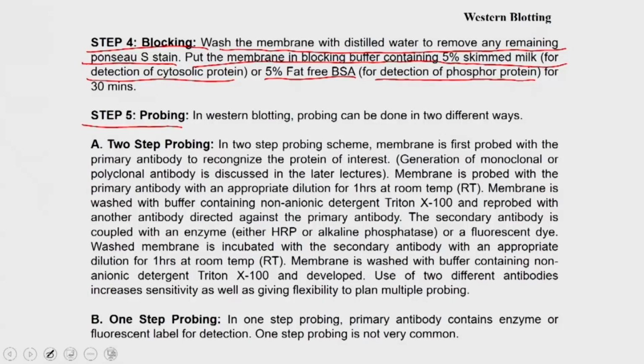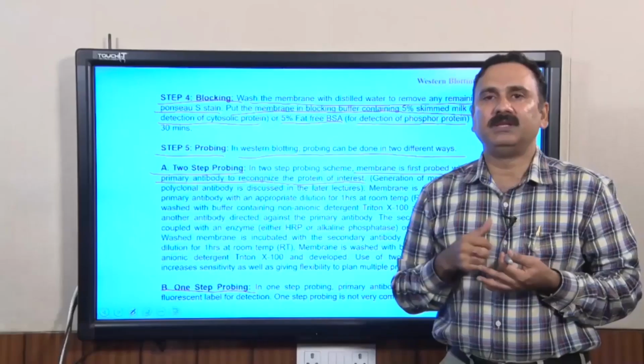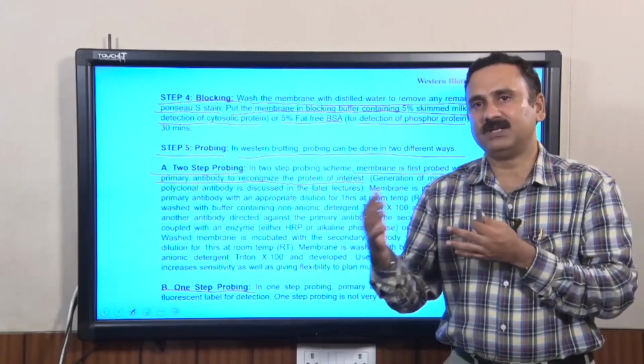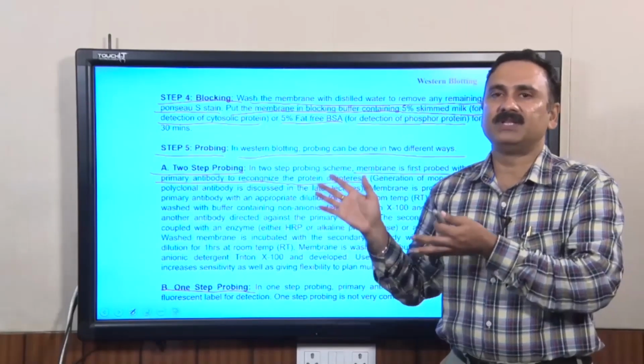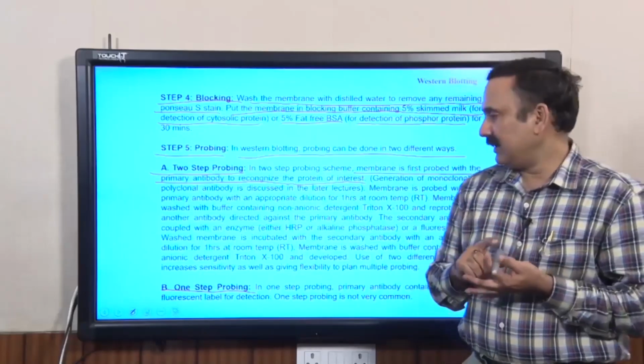Then step 5, you are going to do the probing. So, probing can be done in the Western blotting in 2 different ways, a 2-step probing or the single step probing. In the 2-step probing, the membrane is first probed with the primary antibodies to recognize the protein of interest. These primary antibodies can be generated against the protein of your interest, or these primary antibodies could be against the tag which you are going to use. In this case, we are using the anti-GFP antibodies. So, you can use the anti-GFP antibodies which you can easily purchase from commercial vendors,